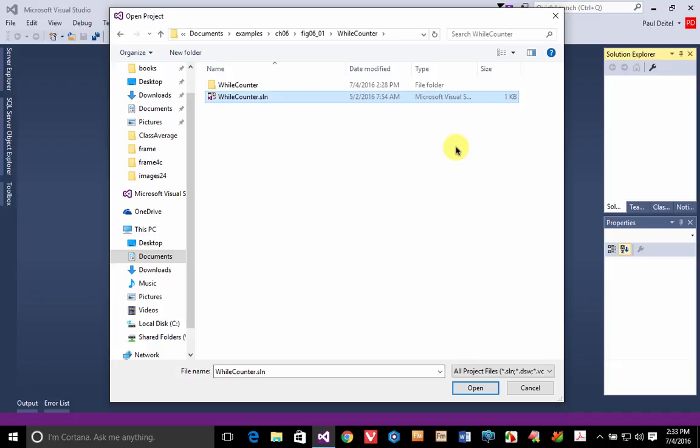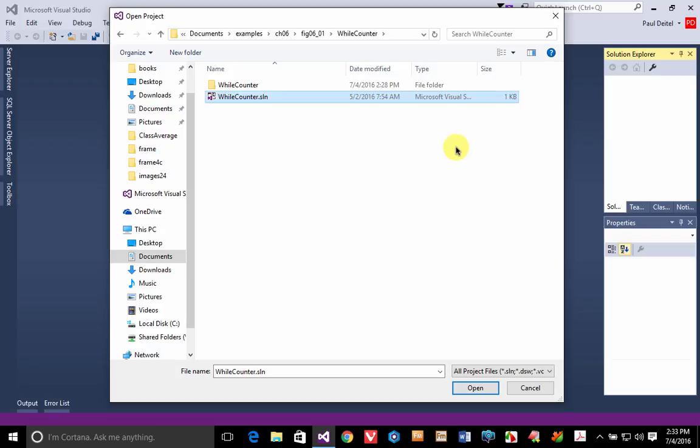For our first example in this lesson, we're going to take a look at counter-controlled iteration in more detail, and specifically the key elements of counter-controlled iteration. And the reason we're going to do that is so we can then show you the comparison between the while loop that we're going to look at in this example and the for iteration statement